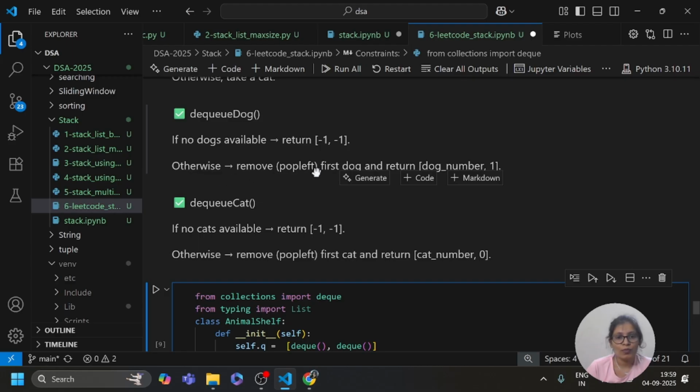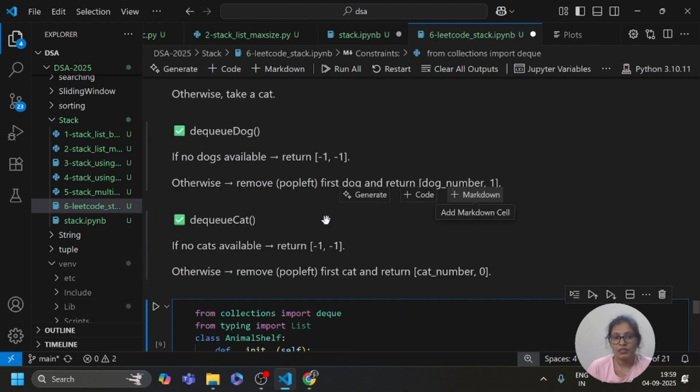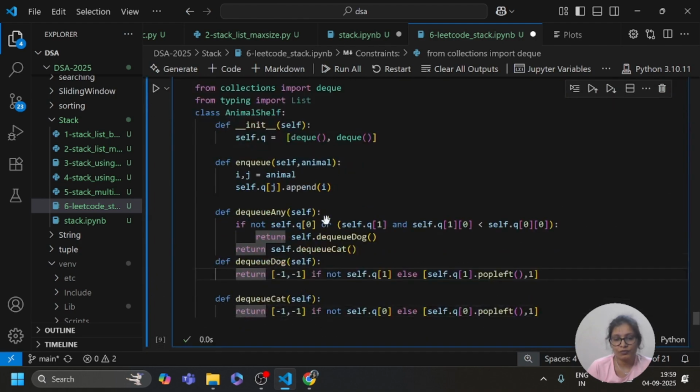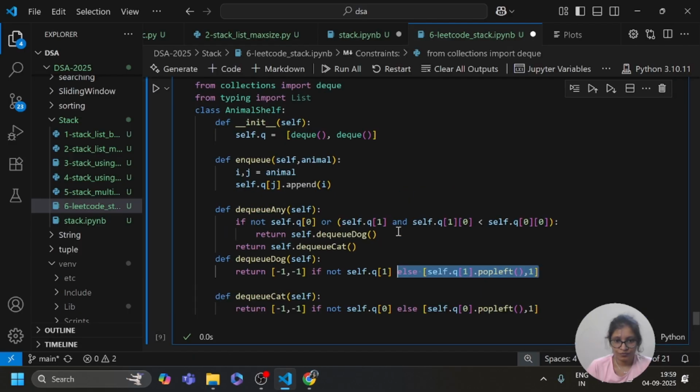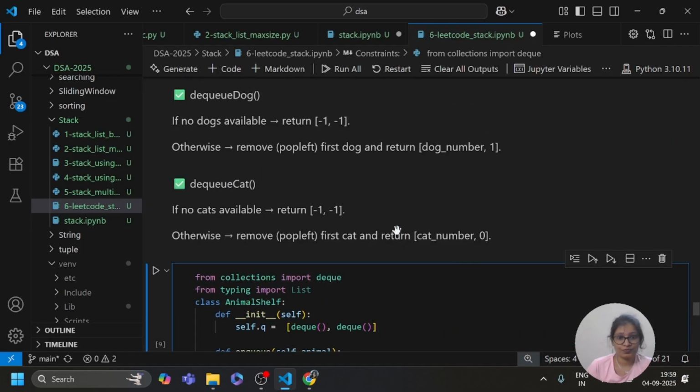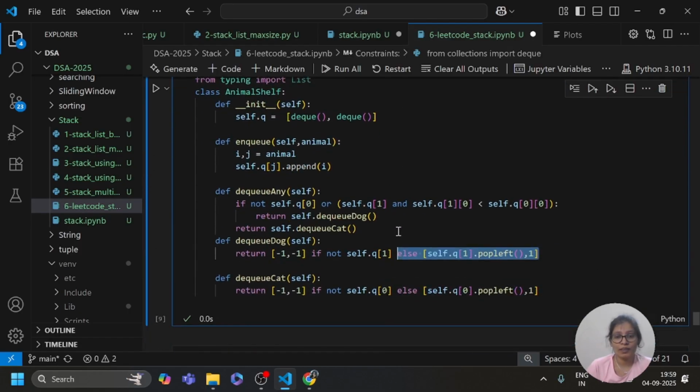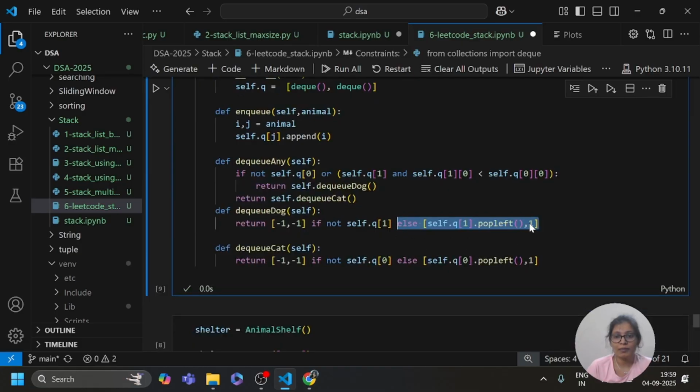Otherwise it removes the first dog and returns the dog number and 1, which means the type.